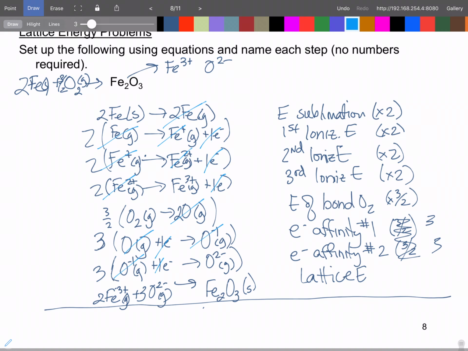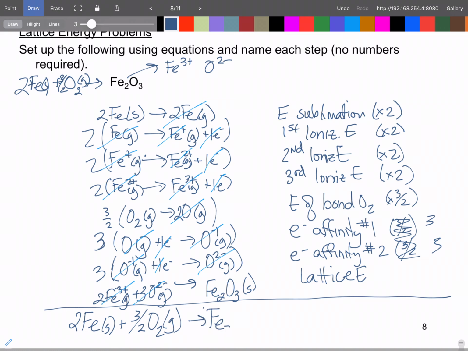So I'm left there. Okay, so if we go back up here and look at it, we have our Fe3+ and Fe3+, our 3 O2-, our 3 O2-. So we're back to where we were. So if we write what we're left with: 2 Fe solids plus 3 halves O2 gas